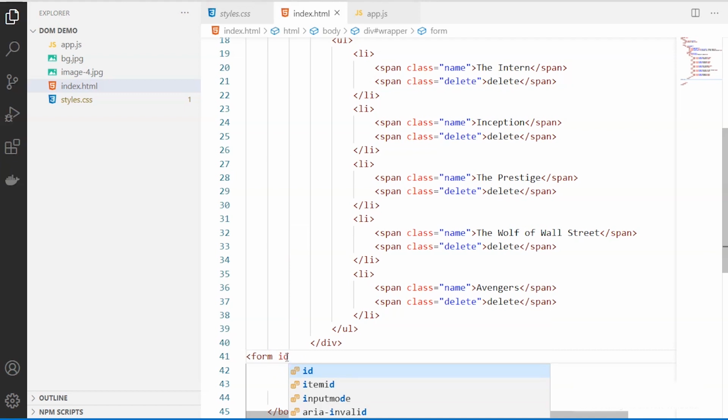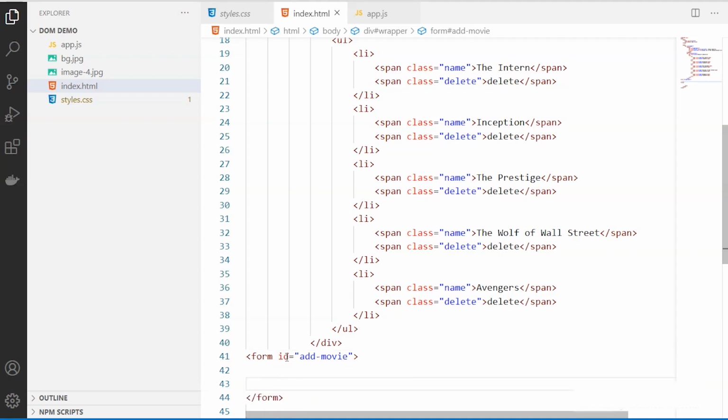The main reason being we have to include a submit button so that I can inform the JavaScript module or the function, which can handle the addition of a new movie when I click on the add button here. So I'm giving a name for the ID. So this will be the form, which will be the parent element, and inside the form what we are going to have is the button and also the input box.